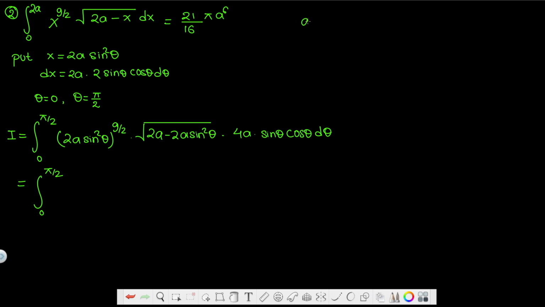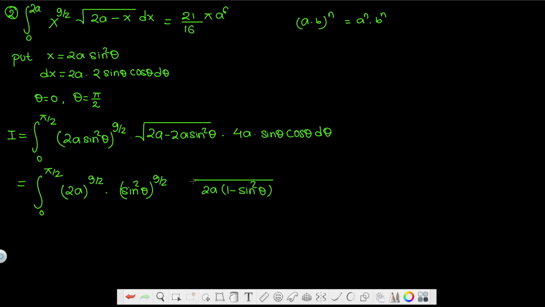We know that (a times b) to the whole power n equals a to the power n times b to the power n. So we can write (2a) to the power 9 over 2 times sine square theta to the power 9 over 2. We can take 2a common in the square root, so we'll get 2a and 1 minus sine square theta, times 4a